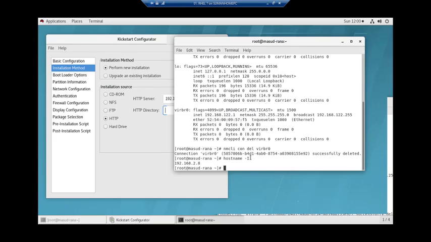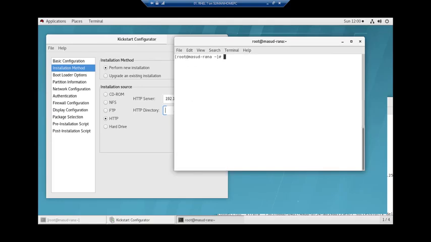To install HTTP I have to give a command: yum install httpd.